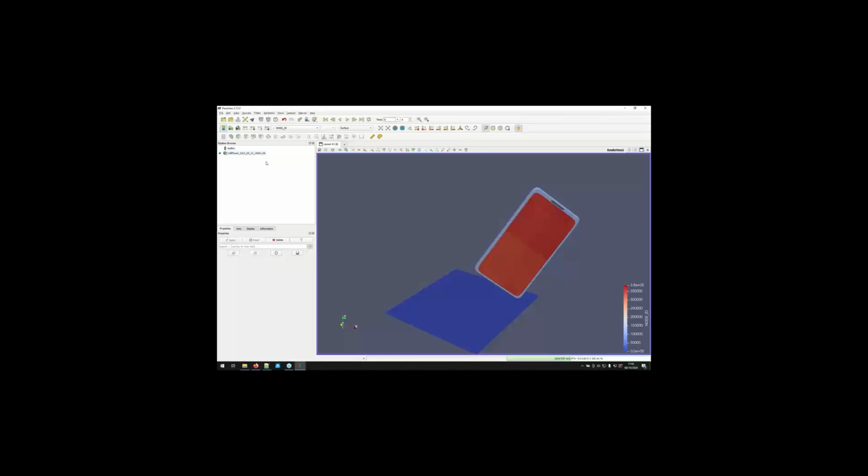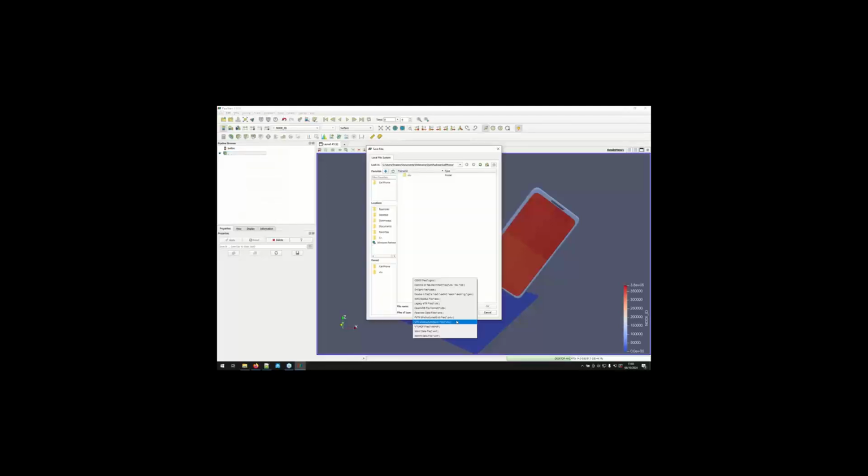VTK is quite an old and legacy file format. It is ASCII based. So if you really want to work in ParaView, I really recommend converting the VTK to a more recent file format. We have two file formats. The first one is VTU, for unstructured grid. In order to convert, you select the file in the pipeline browser, click on Save Data, and then you can select VTU, and it will generate a new file which will be loading